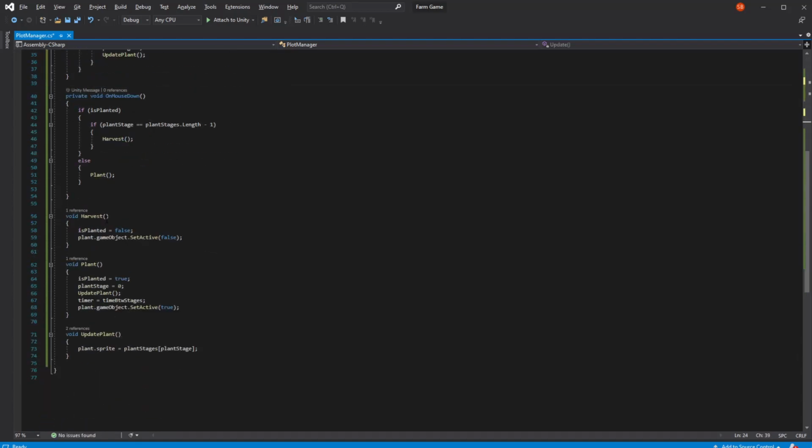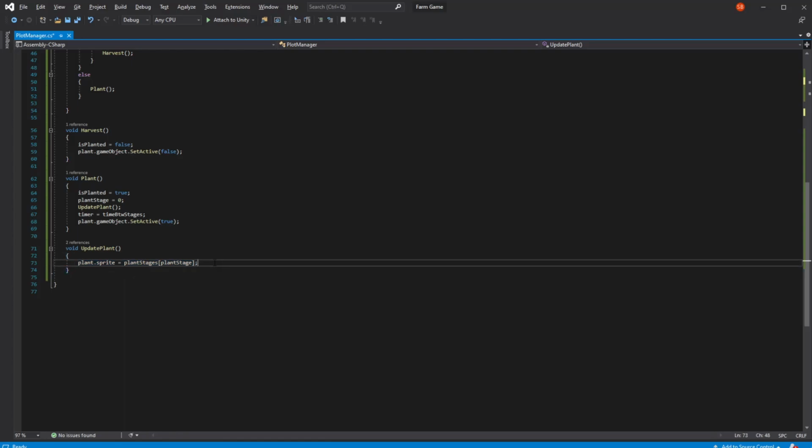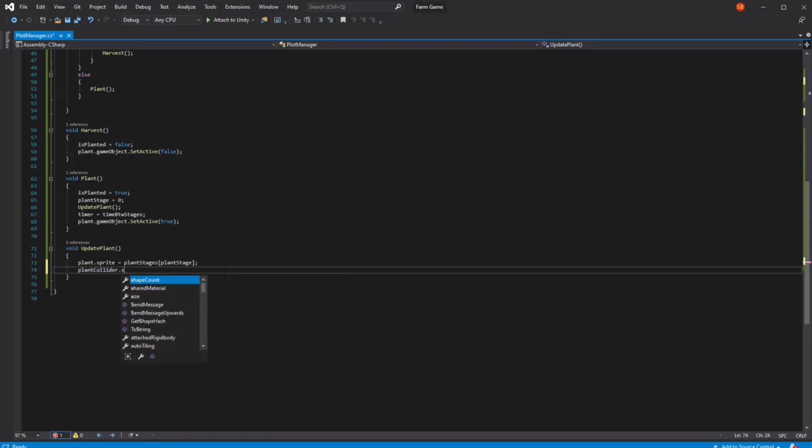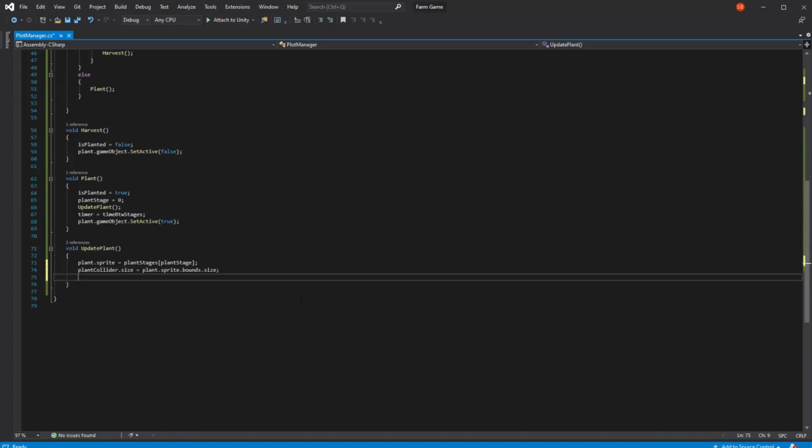Okay, we're doing great so far. What we need now is an equation that is gonna adjust the collider size to the sprite size. And in order to do that, we're gonna go plantCollider.size equals plantSprite.bounds.size. This should do. But the thing is, the plant collider will be off-centered because we have a sprite that is centered on the bottom. So in order to adjust this collider size, what we need to do is change the offset of the